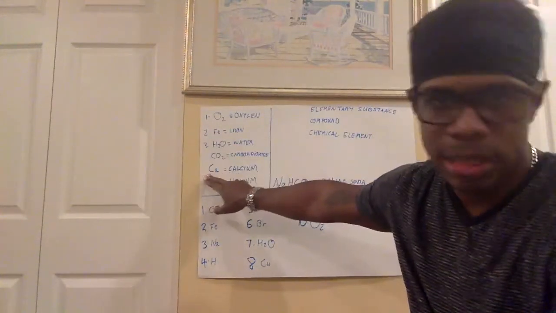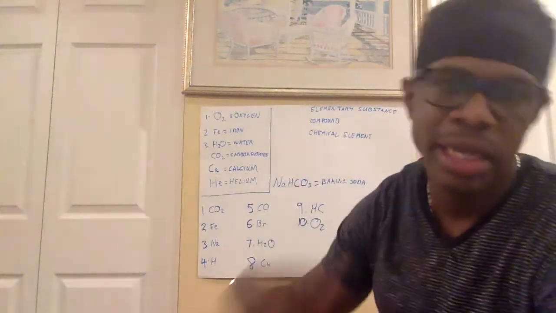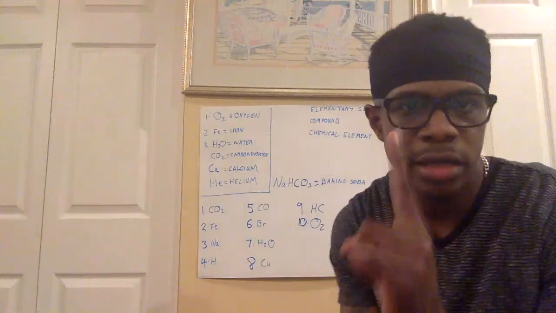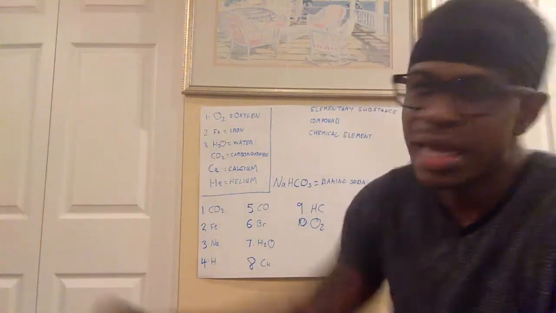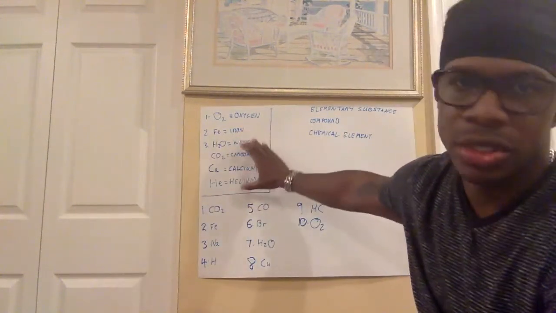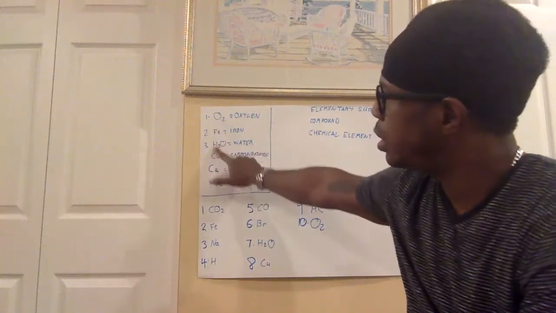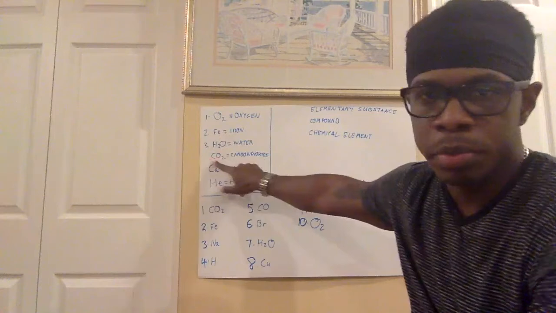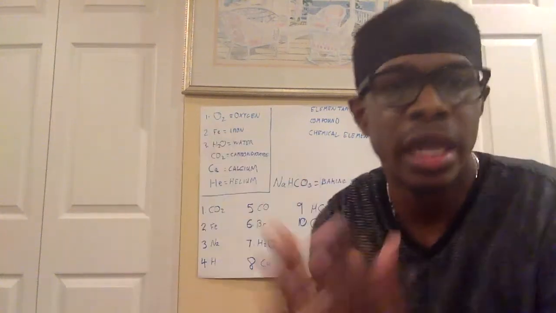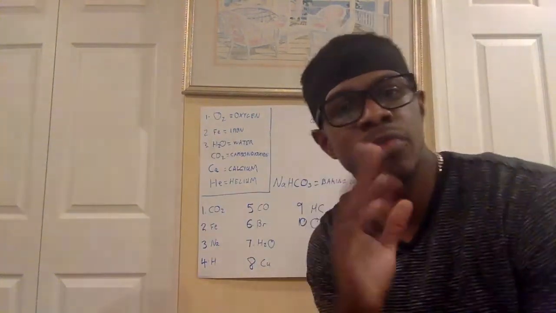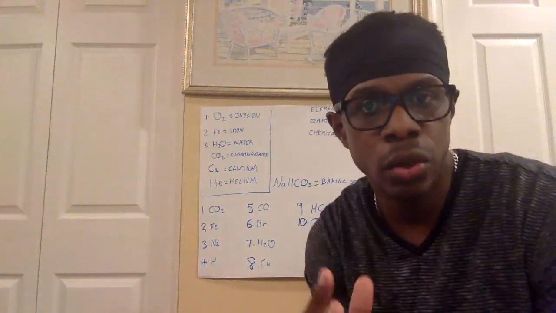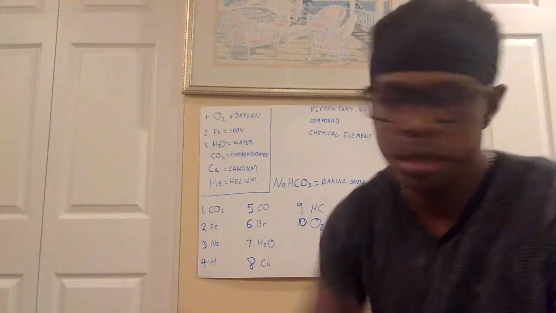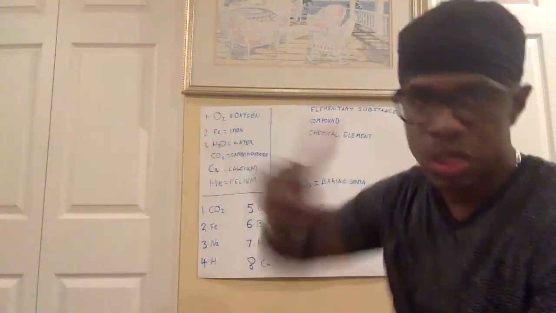Calcium would be an example of an elementary substance. It's just one. And then helium or hydrogen or sodium. These are all one atom. These are elementary substances. Now, I want you to really pay attention. If you notice, some of these have a small letter, and then some of them are just two big letters. Now, elementary substances can have more than one letter. So, oxygen is an elementary substance that has one letter, but iron, Fe, even though this is just one atom,